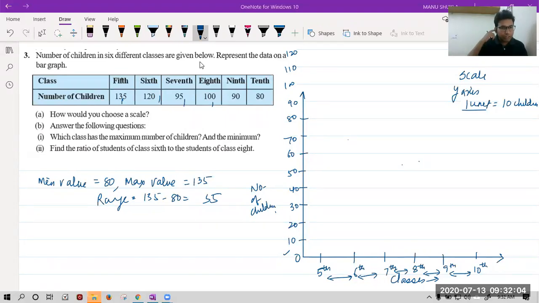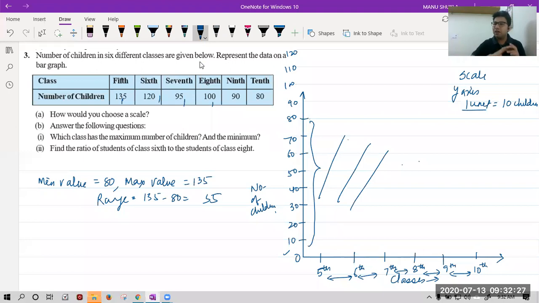So what will happen if we use 5 and use kink? Nothing will happen, beta. That is also okay. So you can understand in this case how many values are wasting. We are wasting these many values. Till this point, we are not using anything. From 0 to 80, we are not using any value. So this portion is getting wasted completely.